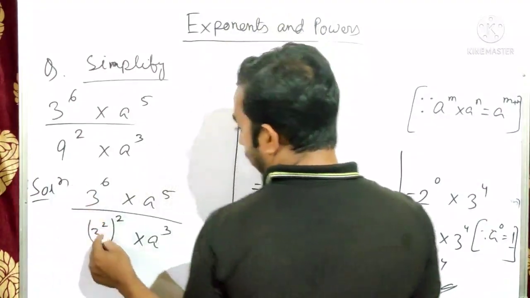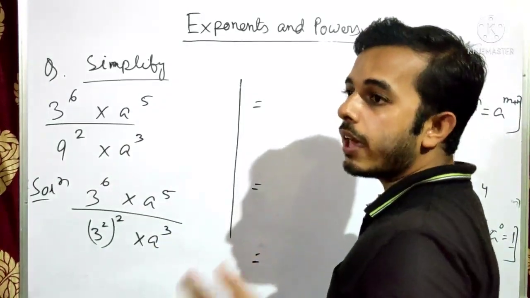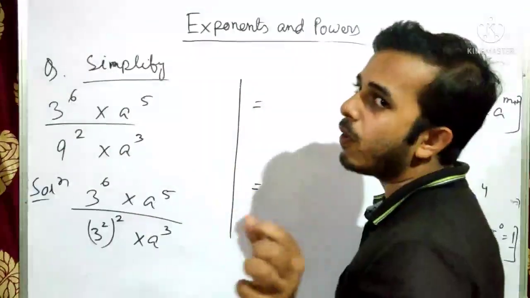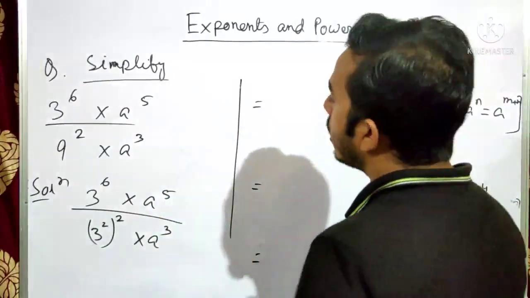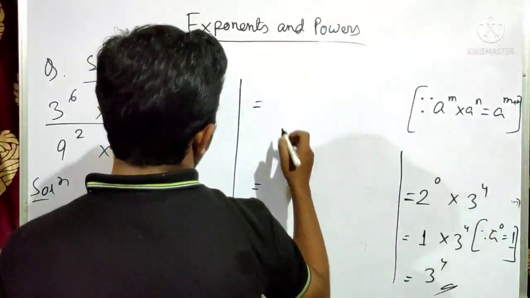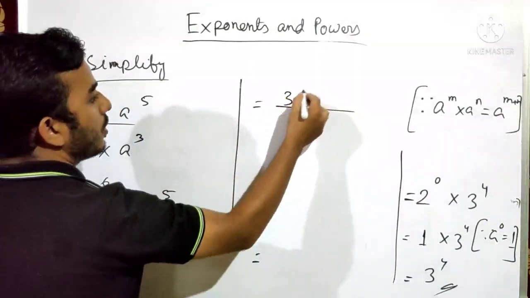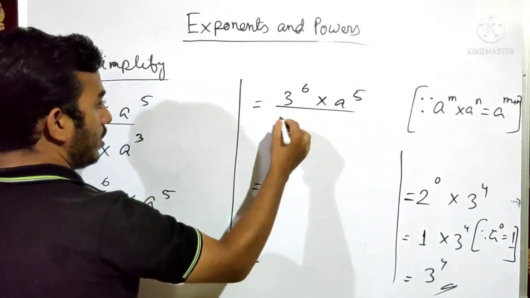Okay, here look, a power m whole power n means what? A power m whole power n means a power mn. That is, in this case we have to multiply the powers. So here also we will multiply. The numerator will be the same. Okay, in the numerator it will be 3 power 6 into a power 5, and it will be 3 power 2